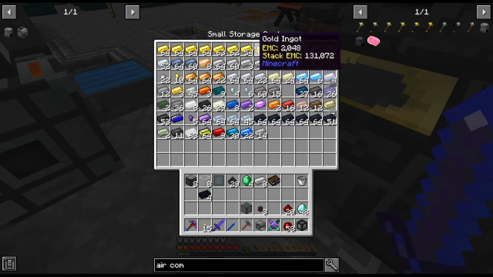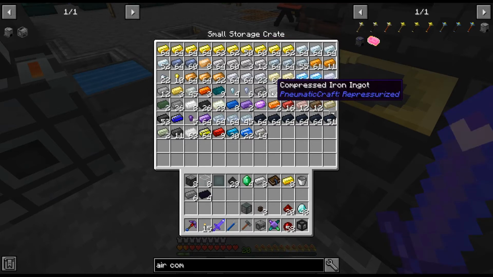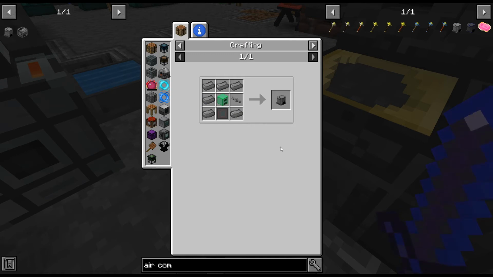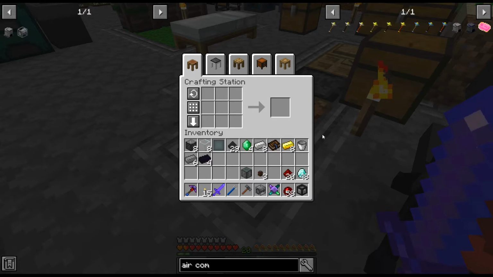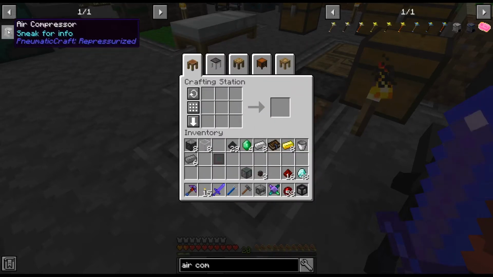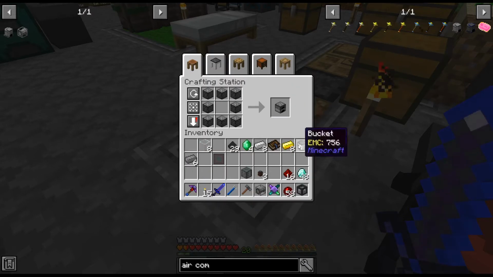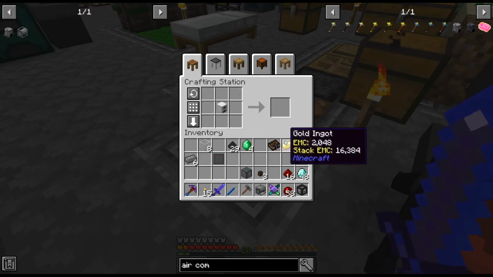8 iron, 8 gold, 6 compressed. Yeah, I think that's everything. So that's... let's do this manually, I think. That's...